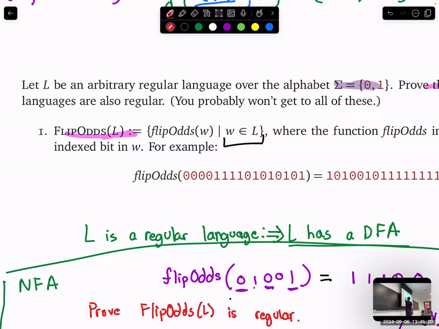It's as simple as that. If this language is not regular, then we can't say anything about this language. If this language is regular, then this one also has to be. Any other questions? So yeah, when you see something like this on the exam, always